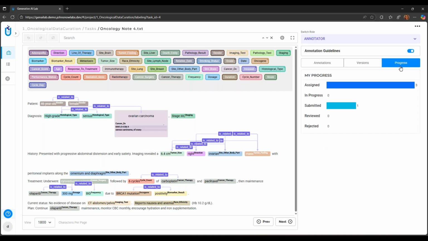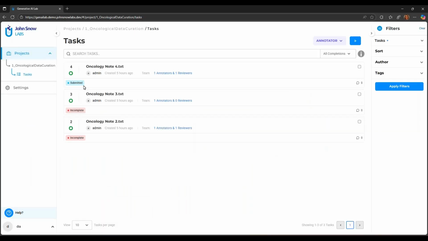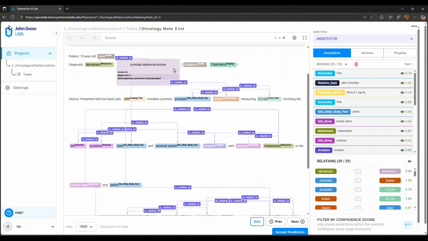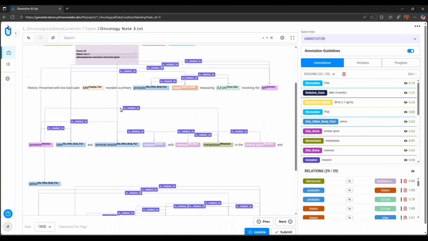Here I have my overall progress. I see that I have 3 tasks assigned to me, and I have submitted 1. Now going back to the tasks view, I see that this task has changed its status, and I have two more to go. Maybe one interesting thing to go over is the fact that we have here, as I